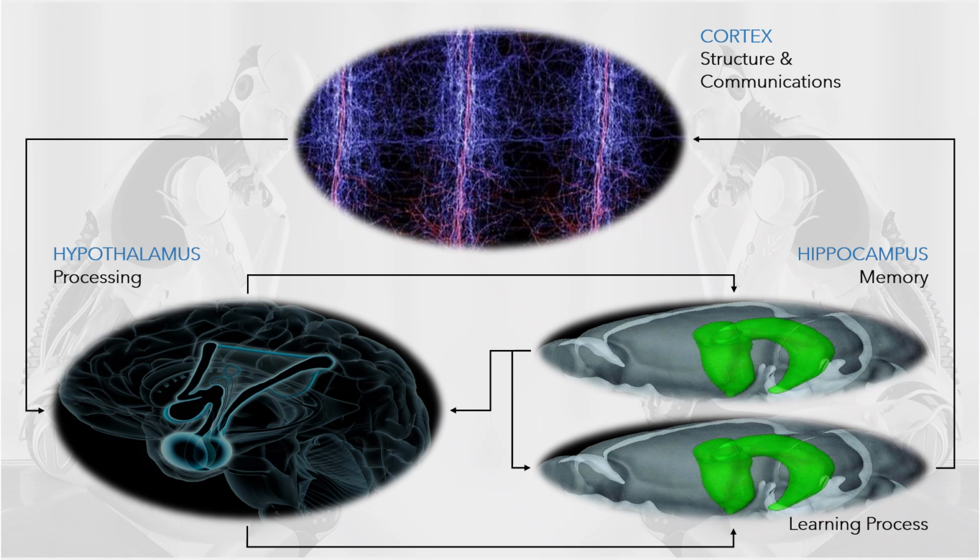Learning takes the form of the generation of new neural connections, which must be stored in the artificial cerebral cortex, to be used in the future by the artificial hypothalamus. This high vision of artificial intelligence, built from the workings of the human brain, is currently unique in the world.